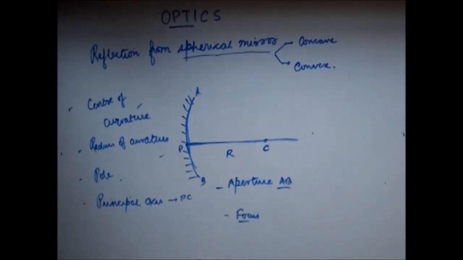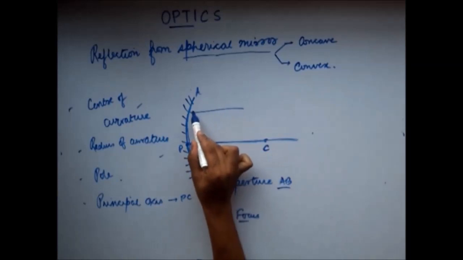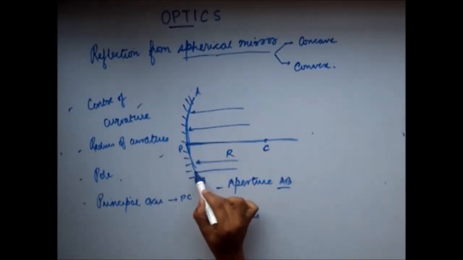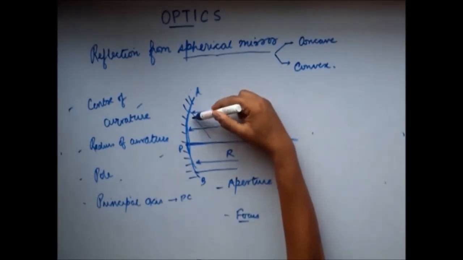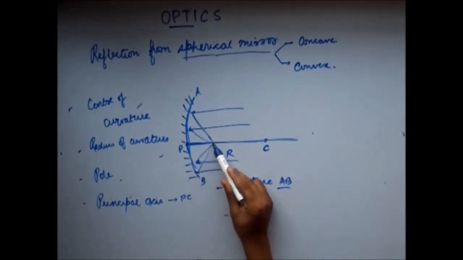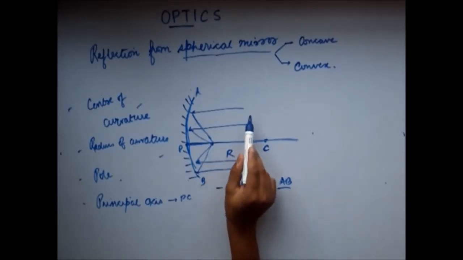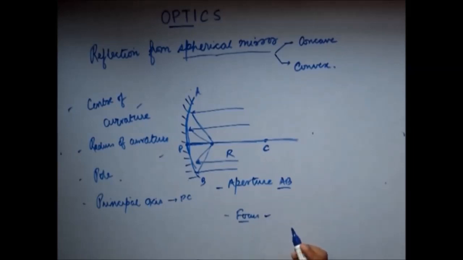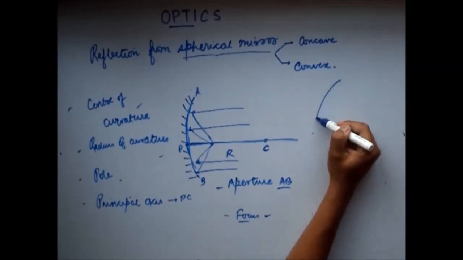What happens is, if you have rays striking this concave mirror parallelly, then the rays converge after reflection at a point. Okay, so this point at which the rays converge, or the parallel rays incident to the concave mirror converge, is known as the focus. In case of a convex mirror,